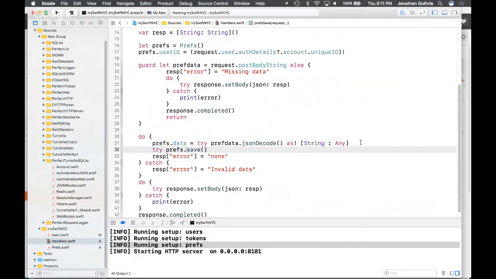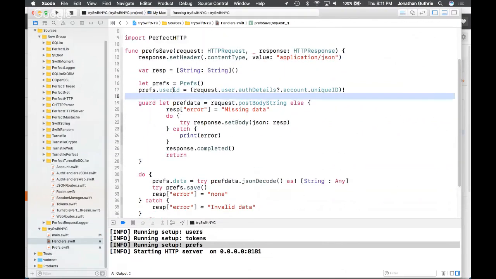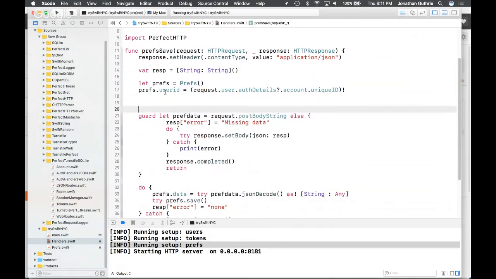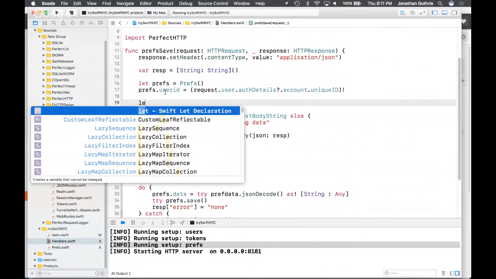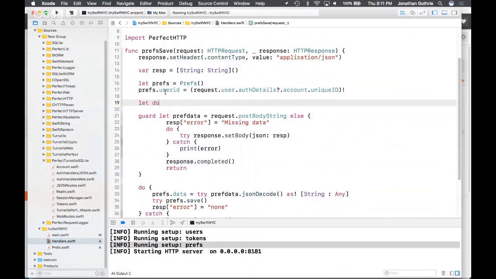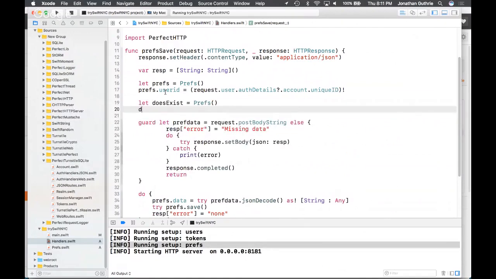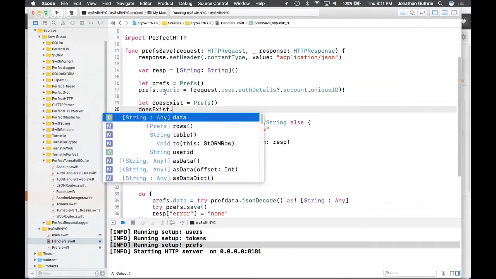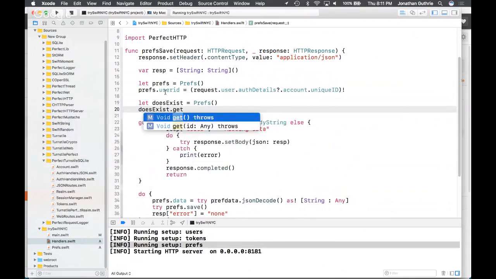First of all, we're going to need to find out whether or not there is a row. Okay, so up here we've already set our prefs user ID. So let's create another object that does exist, equals prefs, and then I'm going to call a doesExist.get.